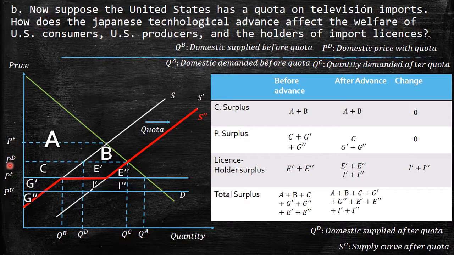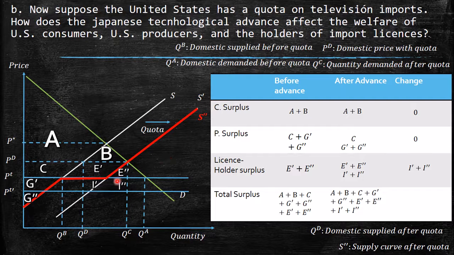Now remember, PD is the normal price when there is free trade, so there is QD and QC, but there is a quota. Quota means that there is just this limit of imports. In this case the suppliers, the license holders, can import this quantity. Automatically, when this limit is reached, the supply curve is going to be this one, with the same slope as before. So this is going to be the new supply curve.